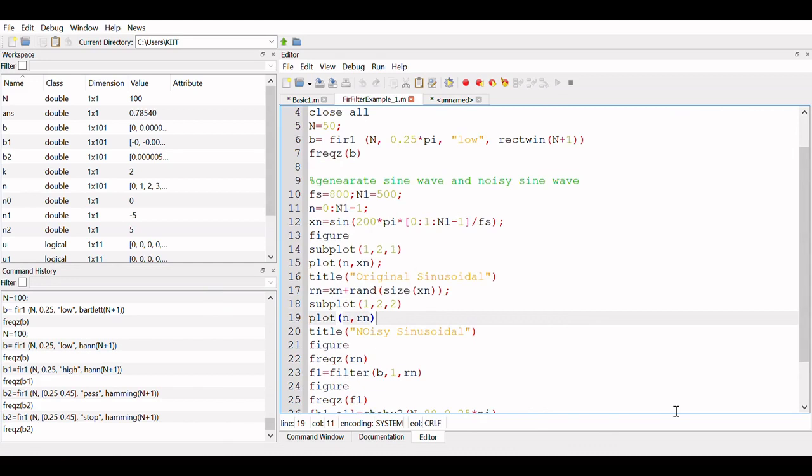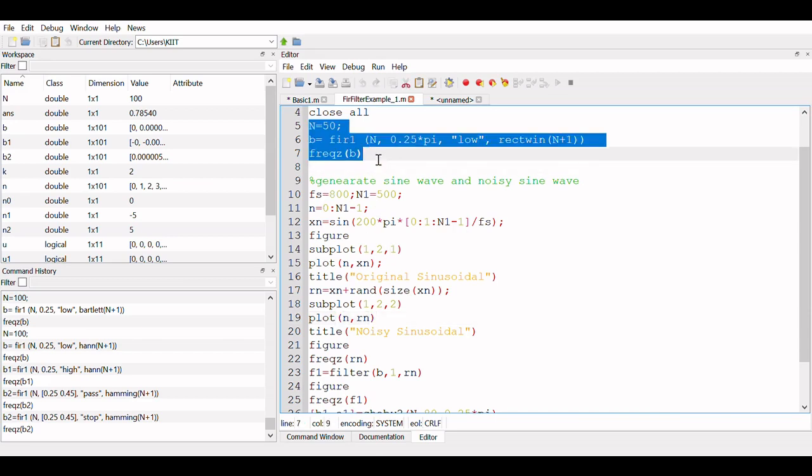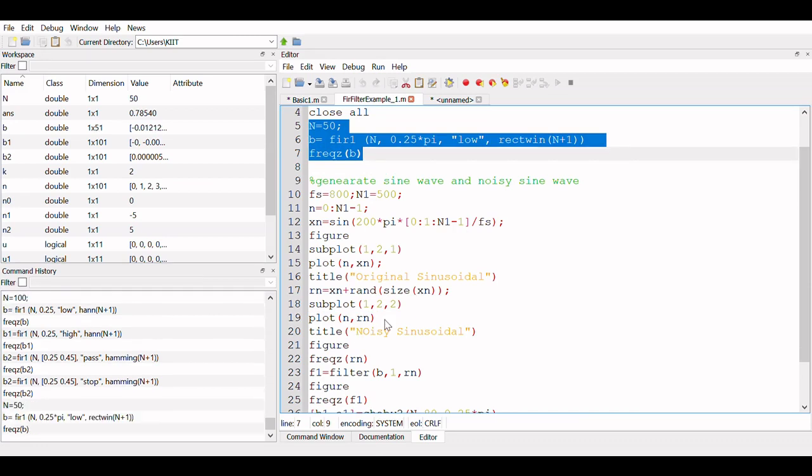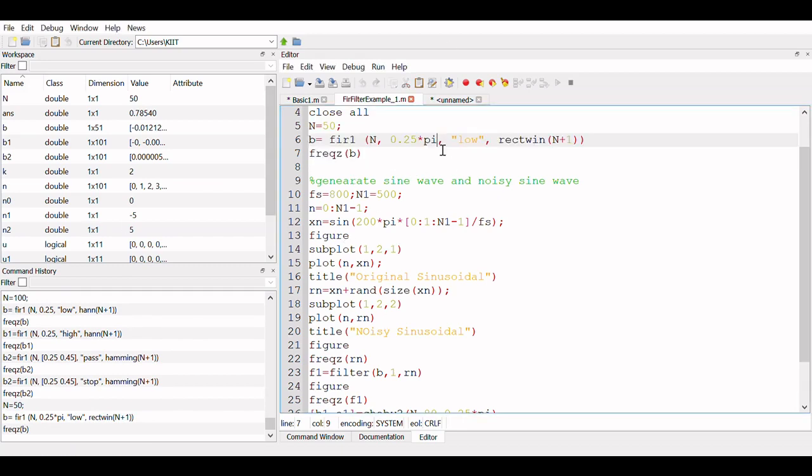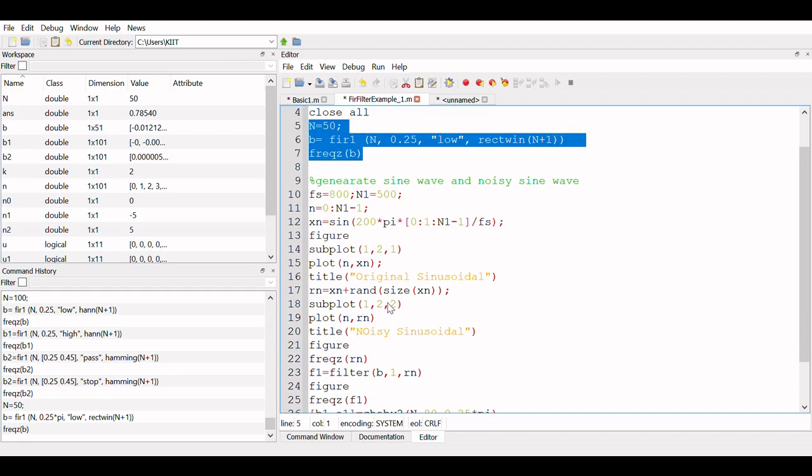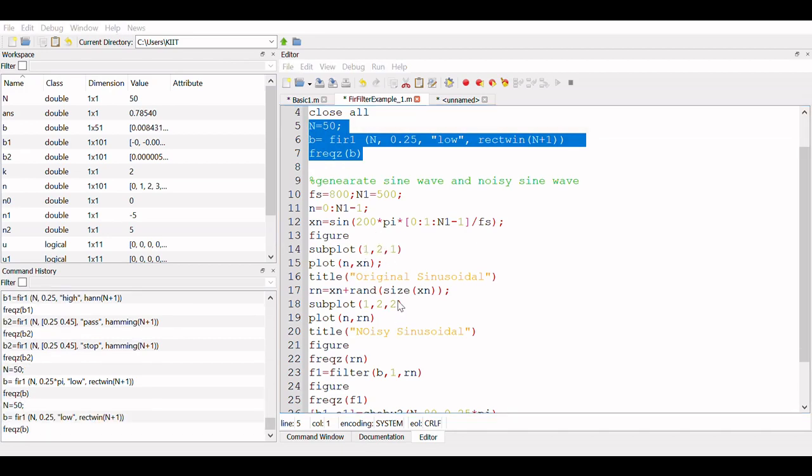This is going to give me my low pass filter using a rectangular window, so suppose this is my rectangular window. This is going to give me my low pass filter, right?